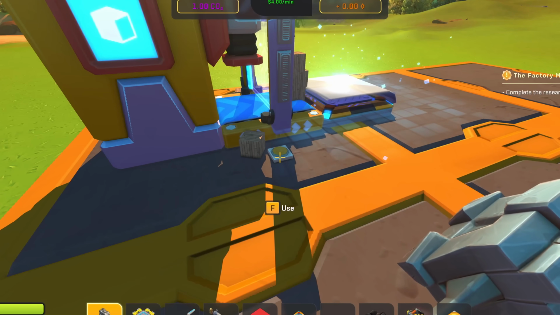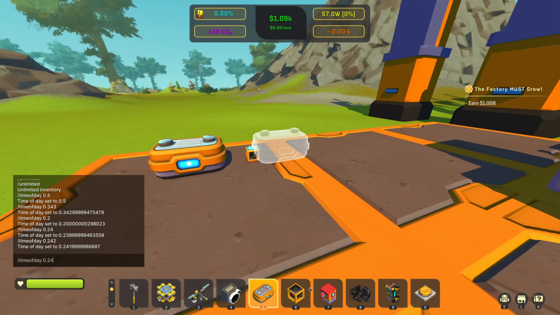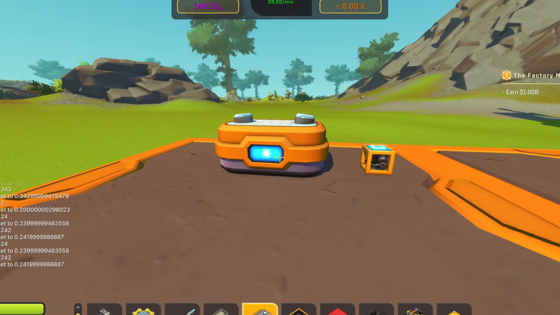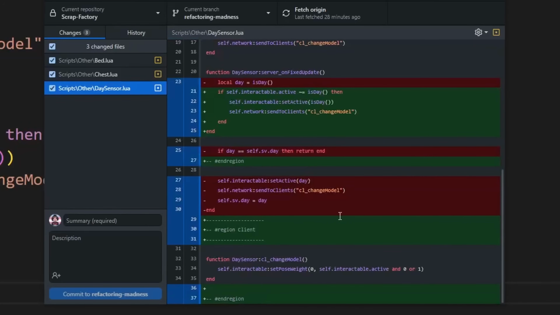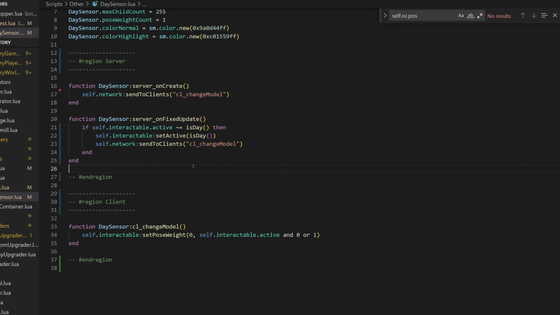So, you know, that cannot be abused, thankfully. Okay, I just modified the daylight sensor. And it also reminds me that I kind of wanted the light on this to change. Well, I'm not sure if you can tell because I've added so much documentation. But I made the script a whole lot simpler, actually.